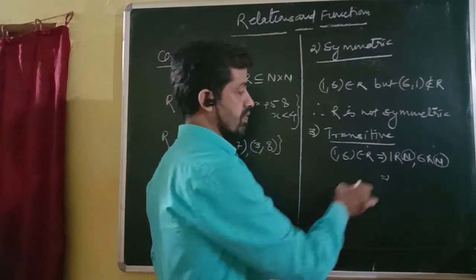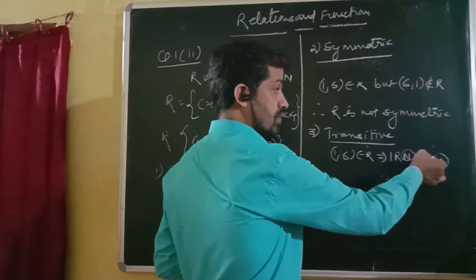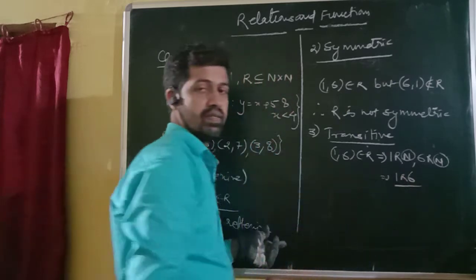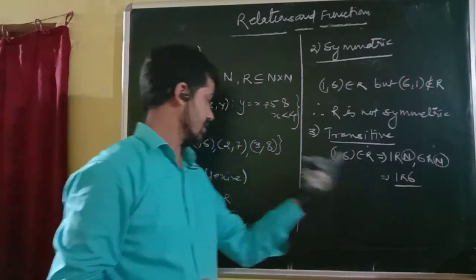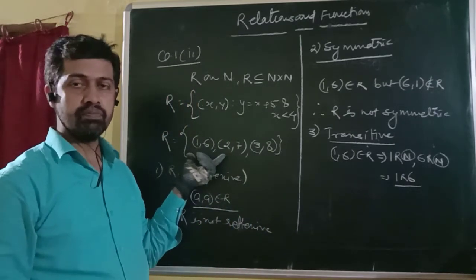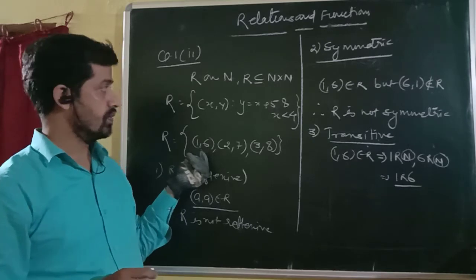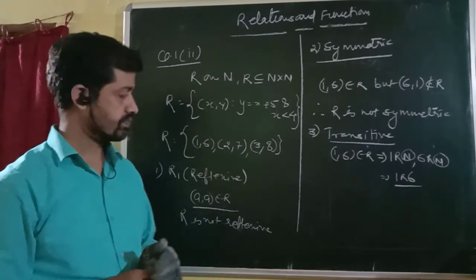This is the place of B. 1 is related to, that means A related to B, then B related to C, then A related to C. That's how we can say that this relation is transitive. By this fact, it becomes clear. This we have to do. This is based on the questions of NCERT.